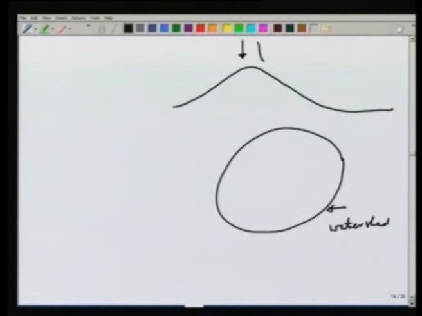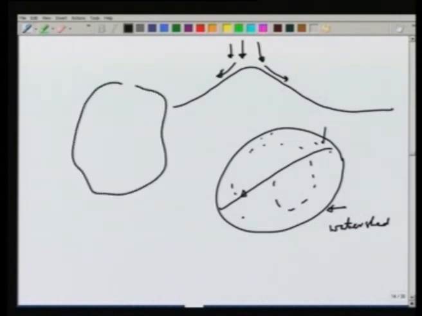So, the raindrops falling on this side will move towards this side, and the raindrops falling on this side will move toward this side. So, when we say this is the watershed, any rainfall falling in this area will move toward this side. This is called the catchment area for a channel. The rain gauge location may not correspond to a catchment area. Suppose this is an area in which there are some rain gauges,